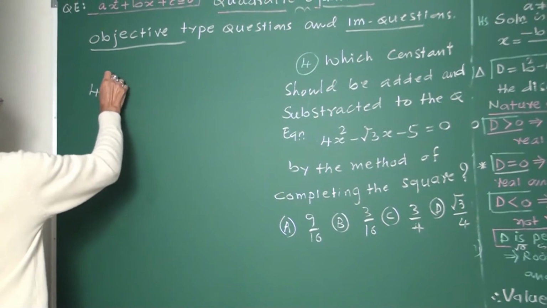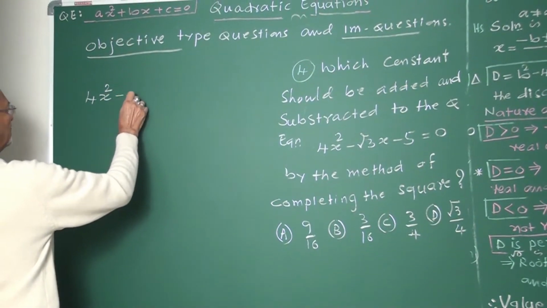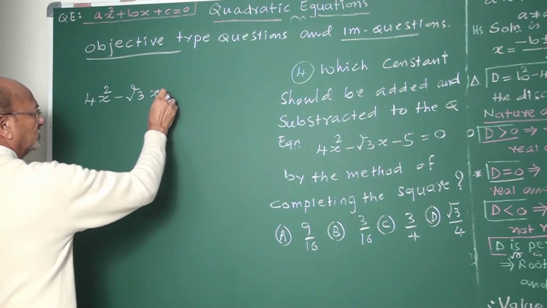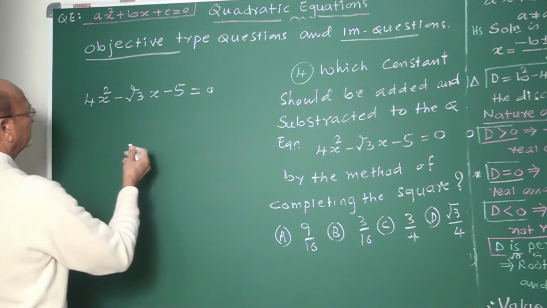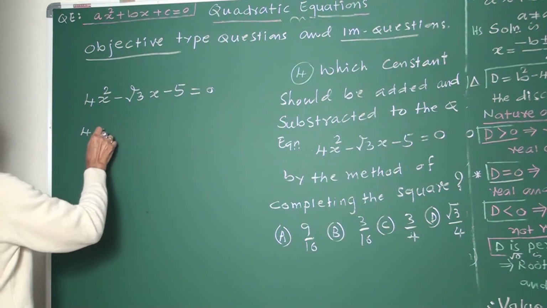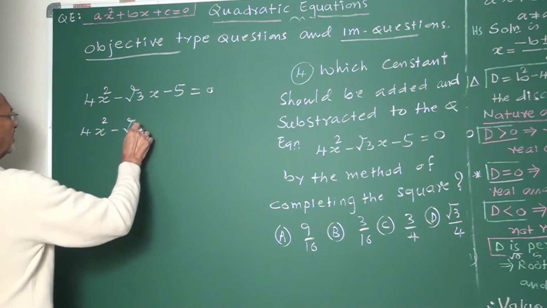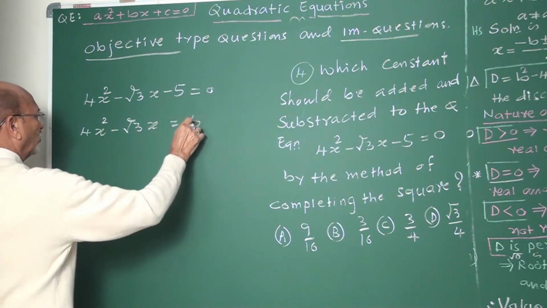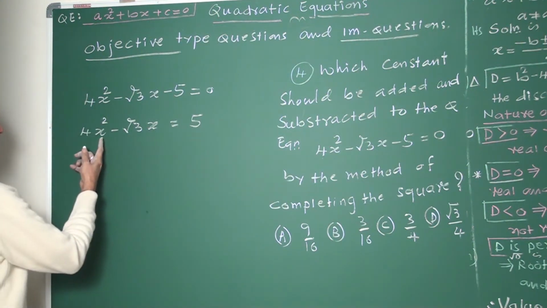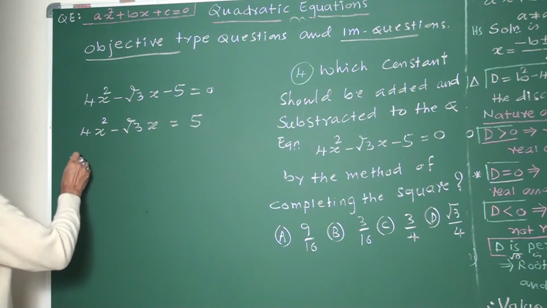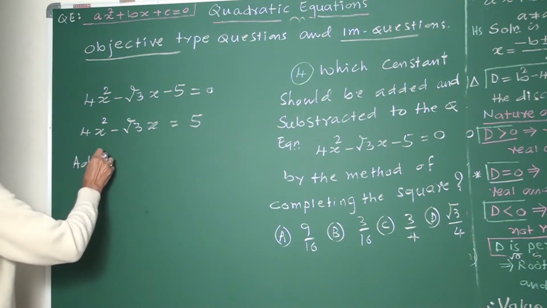It is 4x squared minus root 3 into x minus 5 equal to 0. Yes, what is the method? 4x squared minus root 3 into x equal to, that constant you must shift to the RHS. Then, to make a perfect square, add to both sides